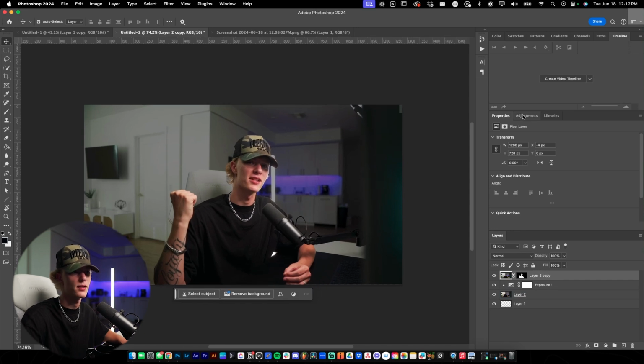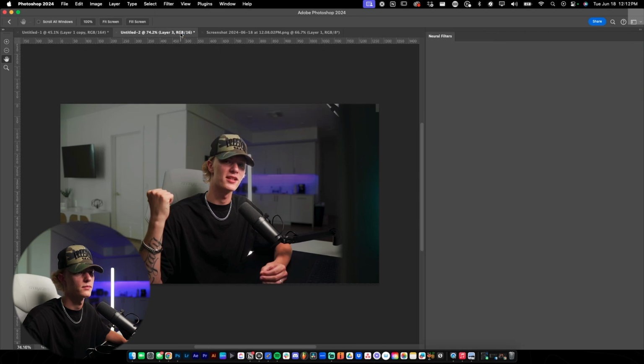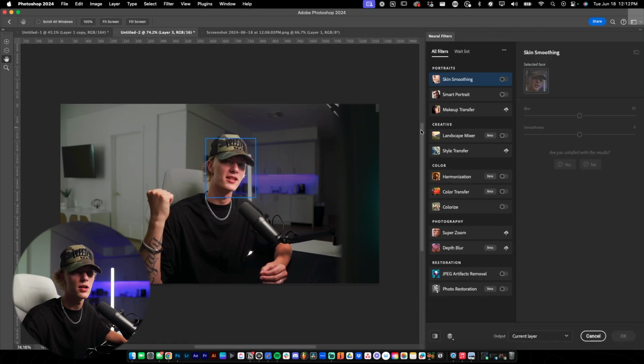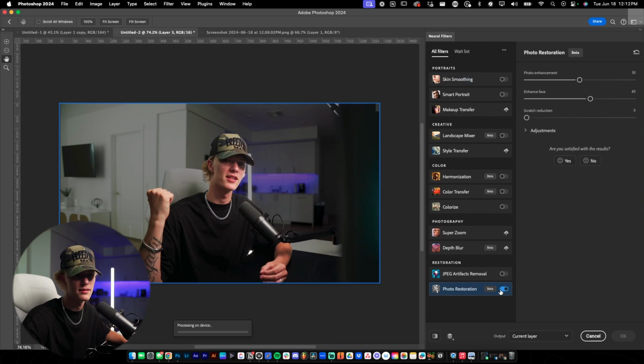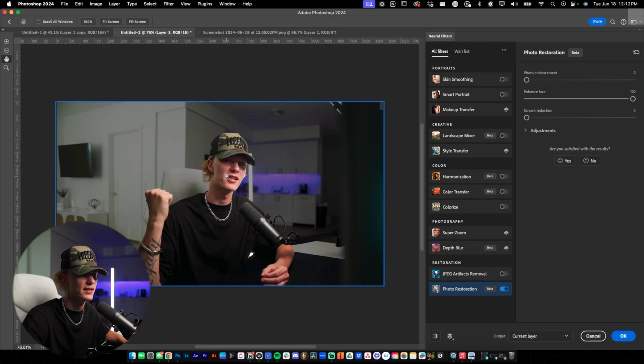The way that I like to start it off is by going into the filter, neural filters. This is something new that Photoshop rolled out recently. You go to photo restoration. This is still in beta, and you go to photo enhancement. You just turn that all the way down, enhance face, and you pretty much turn it all the way up. And it does almost like a little bit of enhancement,